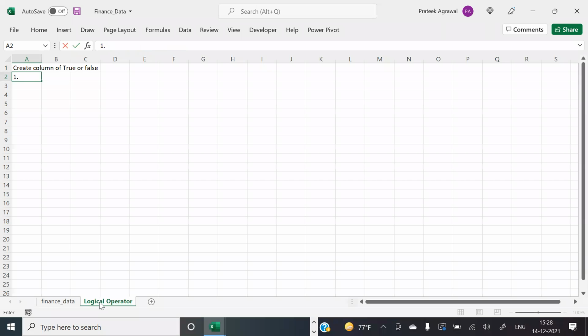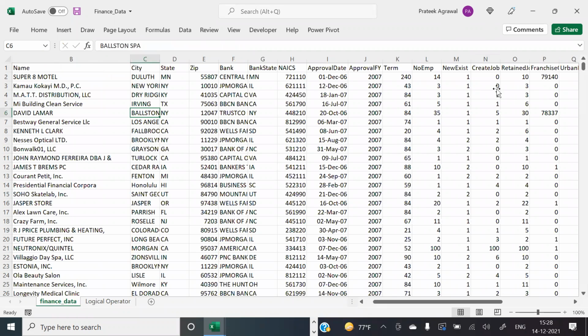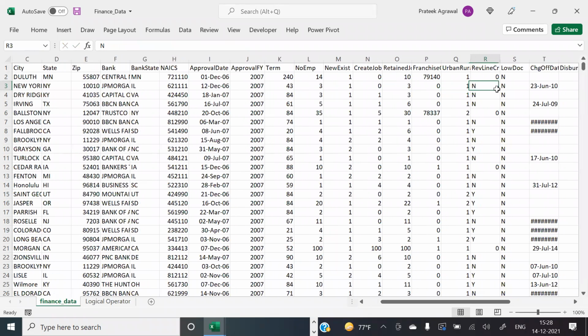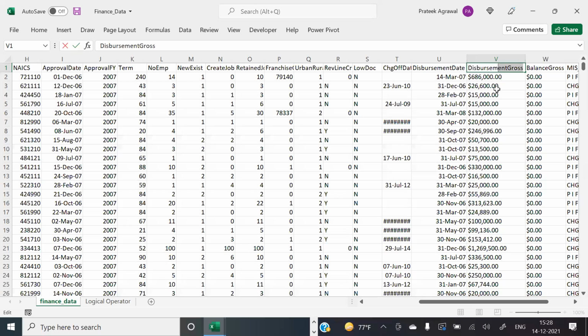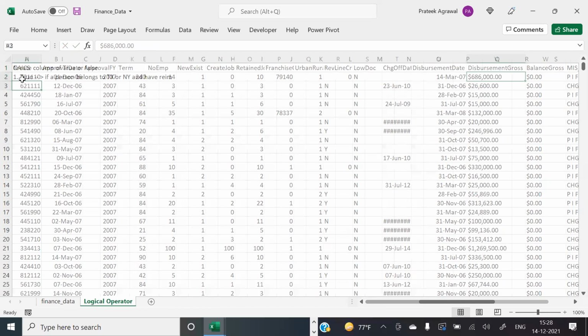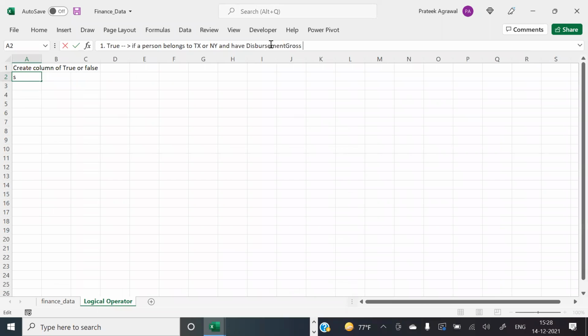Number 1, true if a person belongs to Texas or New York and has the disbursement gross more than $200,000. Okay. Number 2.